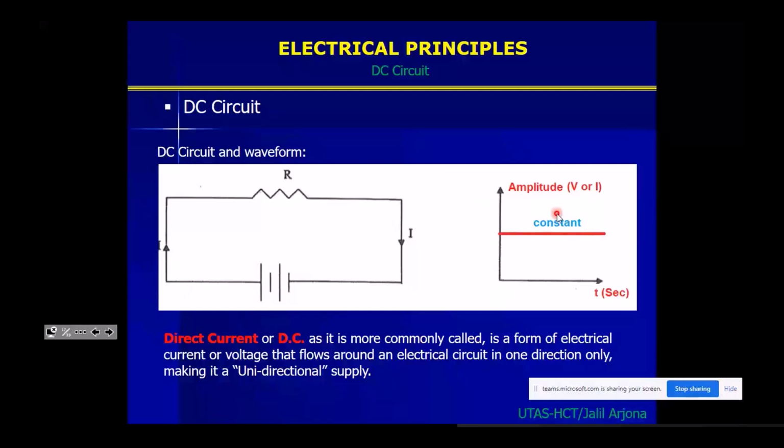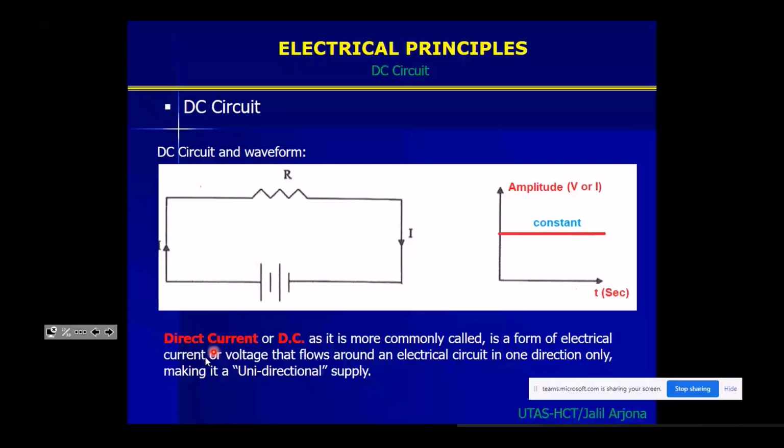Your smartphones have a voltage source, the battery. When it is fully charged, or when it is not being used, it has a constant voltage. But when you use the battery of your smartphone, for a certain period of time it remains constant, but after a long while it starts to go down until it is almost low battery. That is why you have to recharge it to go back to a constant value. That is the purpose of recharging. So this is the DC.